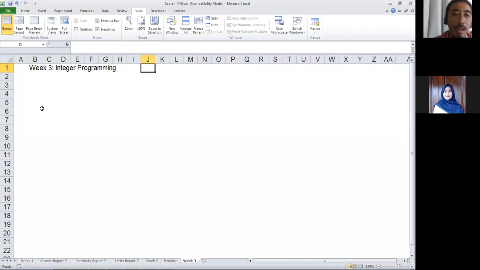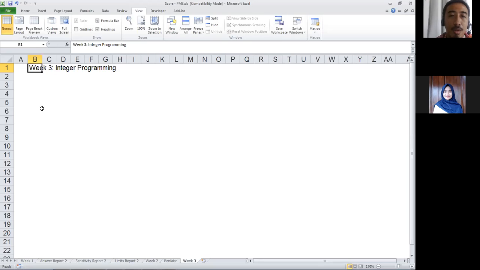The special case in integer programming is when we deal with something like the decision whether to build this facility or not, the decision to buy this good or not, the decision of taking this class or not. That case is part of integer programming. It's called 0 1 programming.